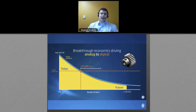The difference between that and digital printing is that the costs are higher for digital, but the cost is flat per part. In the case of a digital press, for example, you have a bunch of inkjet print heads. They have a fixed cost per drop printed per square centimeter of paper. And 3D is very similar to this. If the analog curve is the injection molding curve,